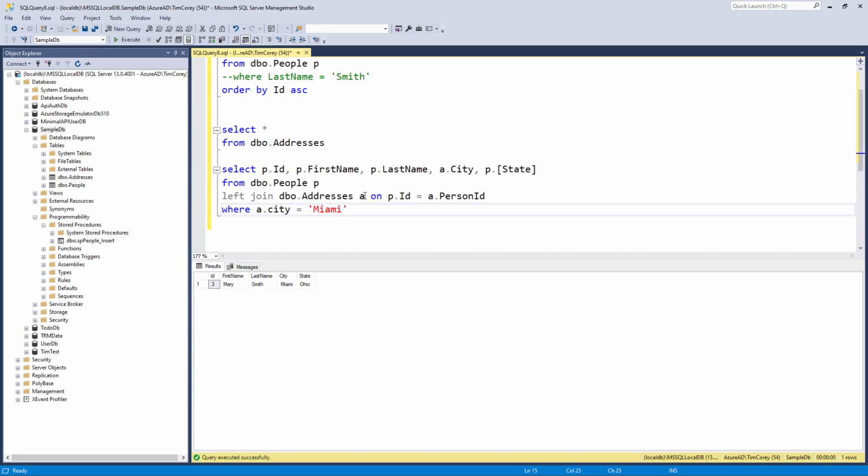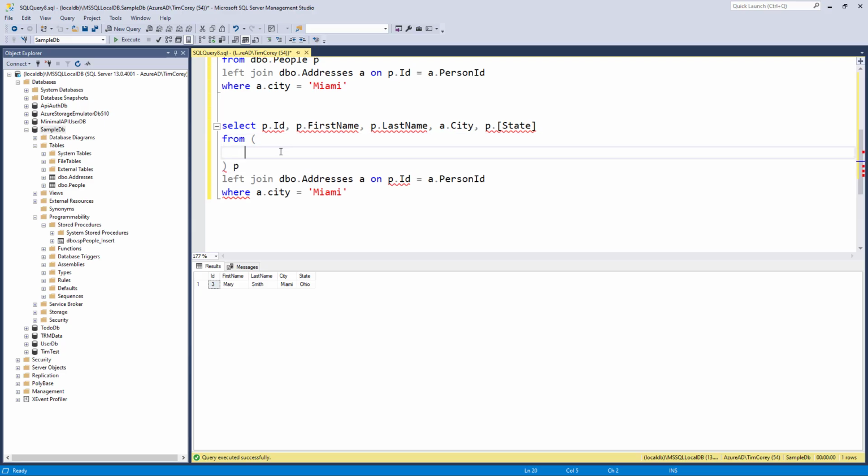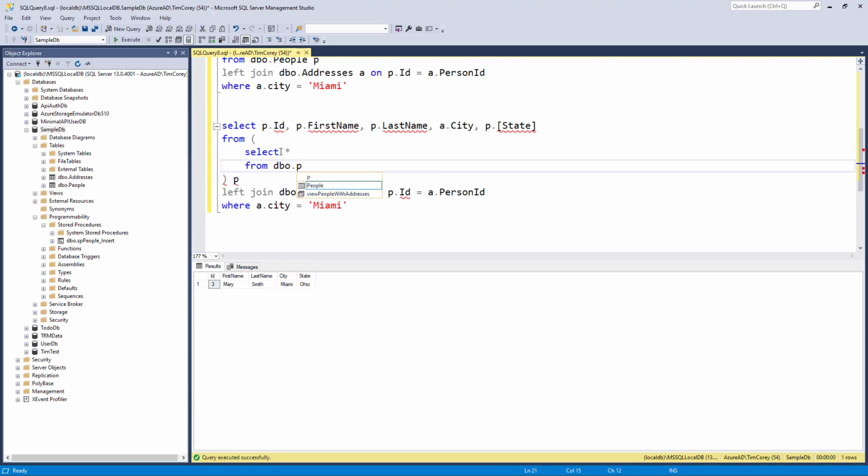Just so you know, I'm not going to go into details on this, but you can also put a query in place of a table. All right, so let's just copy this. I'm just going to show off doing this. Let's get this out, and I put an open and close paren. All right, and in here, I'm going to put some line spaces. I'm going to put select star from dbo.people